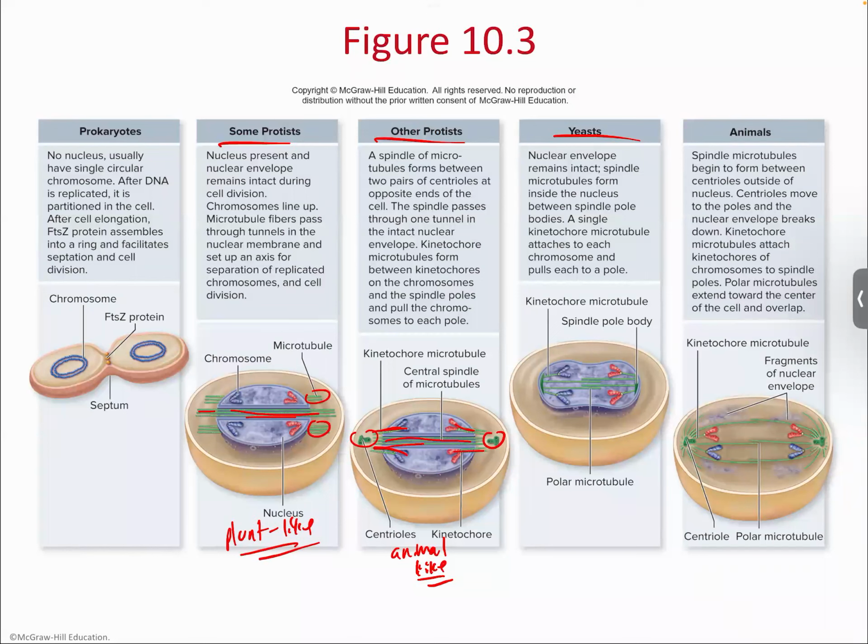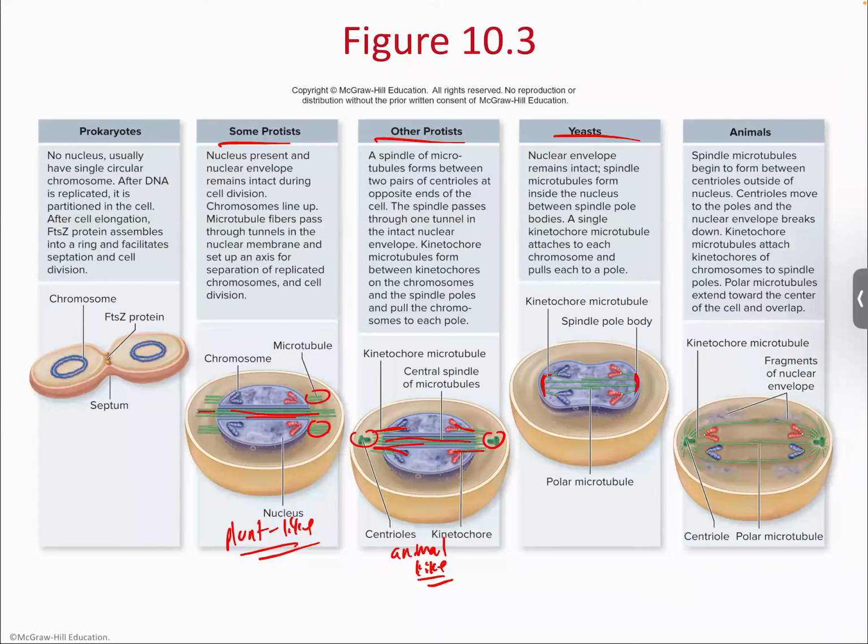And then there's yeast, right? So yeast doesn't break the membrane down. It actually builds what's referred to as its spindle body, which is that array of microtubules coming off of the centriole. It does that inside the envelope. So you can see it creates this little protein pad here, which is the spindle pole body